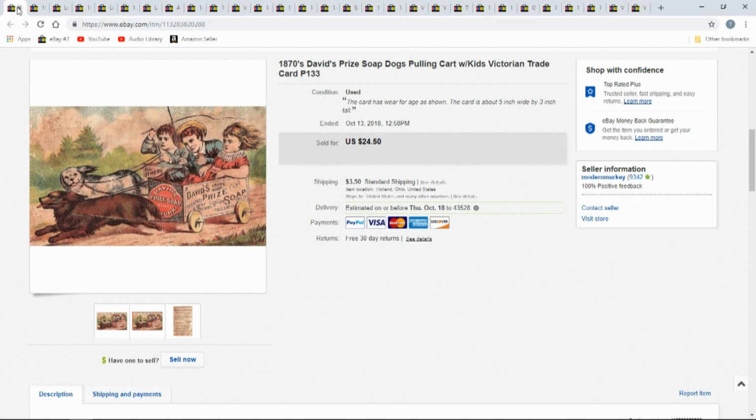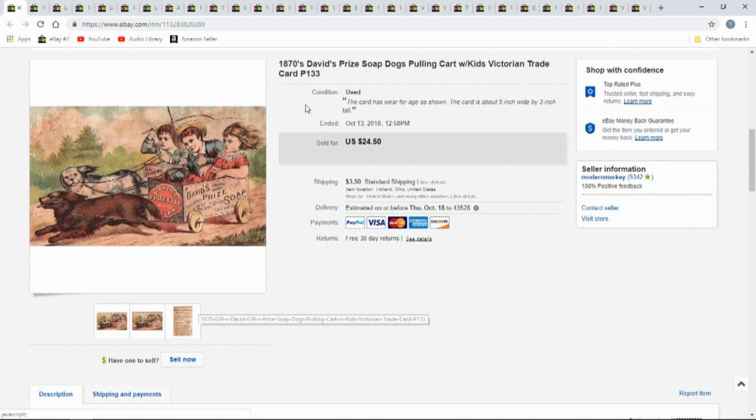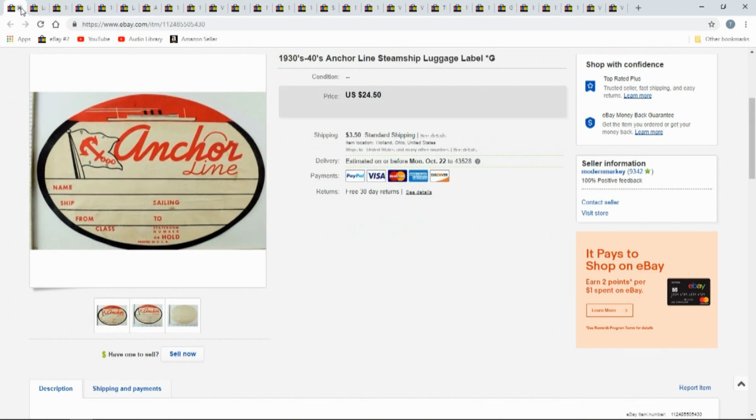So, again, this is a cheaper one. It's about the size of a postcard. It's a decent one. We started putting some actual dimensions on here instead of having the ruler, just because we're trying to advertise them in a different aspect now. Some people like to see the ruler, some don't, but I think overall we're going to attempt this on some listings just to see where it gets us. So anyway,